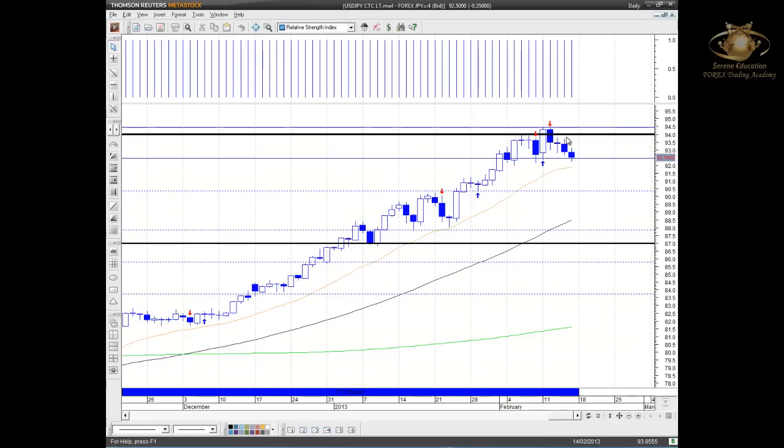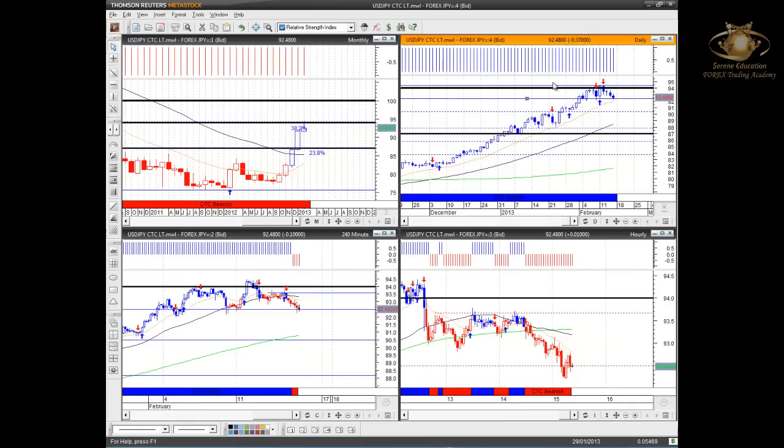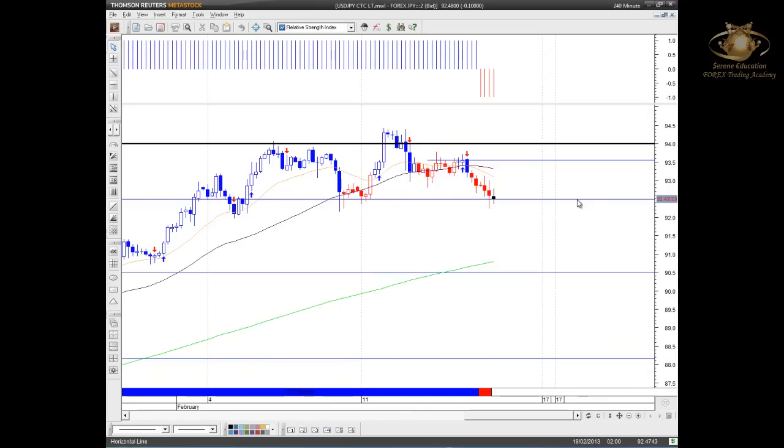It's imperative, if this is to still remain positive long term, we do need to get above 94.00 as soon as possible. Failure to do so would see price consolidating, and you can see quite clearly near term price is now testing support and resistance levels here in the shape of just above the 92.50 mark. So intraday, we'd like to make a note of that.